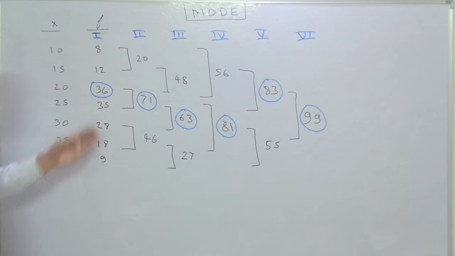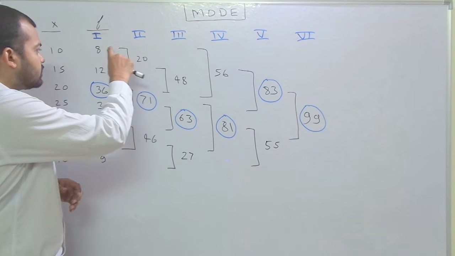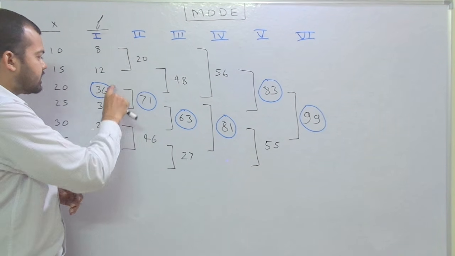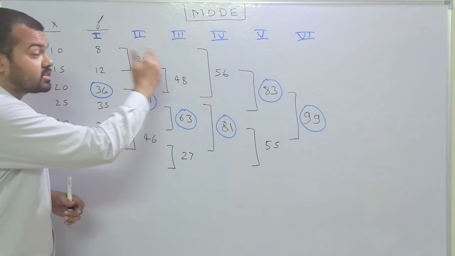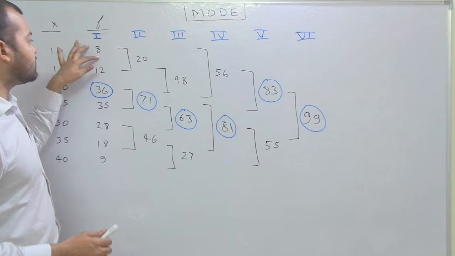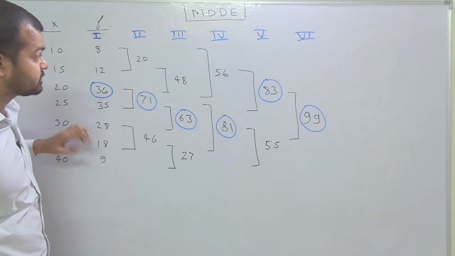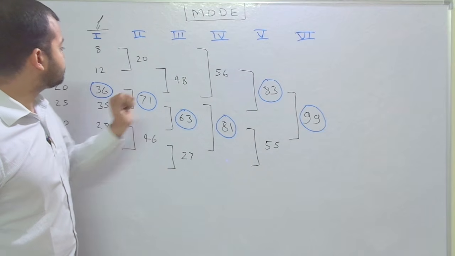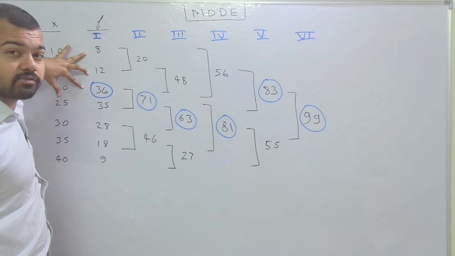In the first one, we have to mark the highest figure. In the second, we have to get the total of pair. First two, then next two, then next two. In the third column, we need to leave the first one and then we add the 2 to pairing. In the fourth column, we have to add the first three.